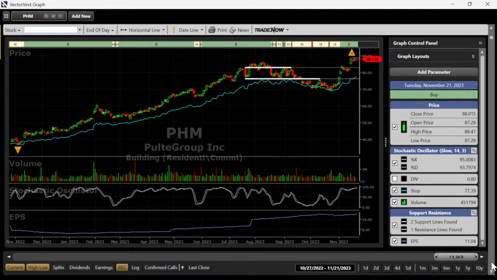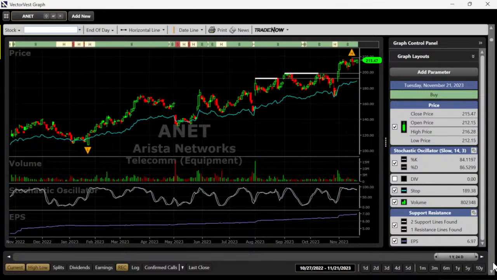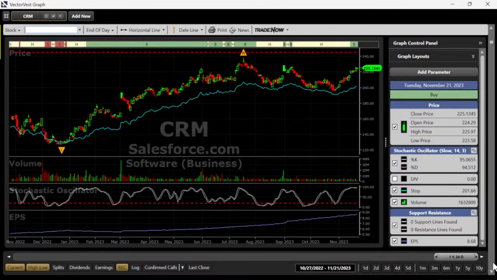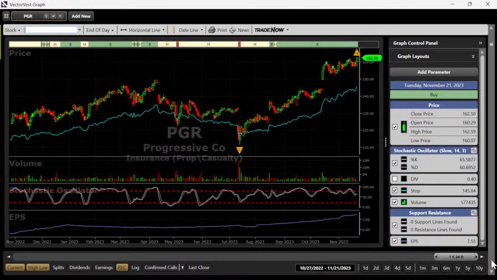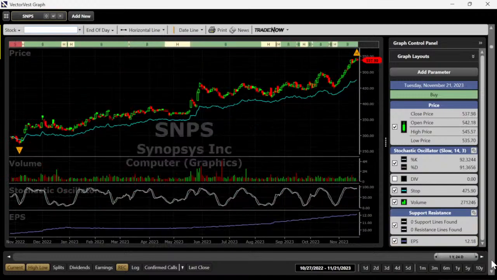How about Pulte Group? No. I'd love to see a retracement back to 8307, right? But it's a watch list stock. Kind of consolidating here with Arista Networks. Salesforce moving higher, but it's approaching resistance, isn't it? Boy, I look at this and say, man, it looks good. It's been rising for the last couple of weeks, but it's at a level where price failed 3 times recently. It's not a good buy candidate right now. I'd wait for it to break above that resistance level. Progressive looks like it's breaking out, might be a good one.